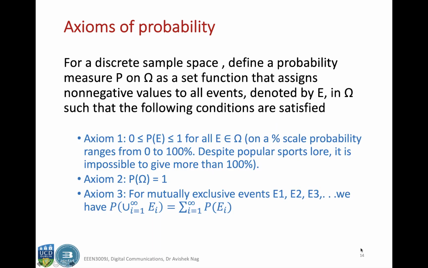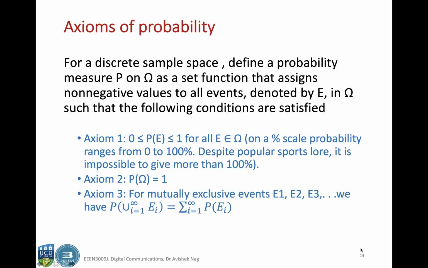The next lecture, and we will resume from where we left in the last lecture. So we were discussing the axioms of probability theory. We saw that if we have a sample space denoted by capital omega, and if you define an event E that is a subset of that sample space, then the probability of that event E lies between the two numbers 0 and 1.